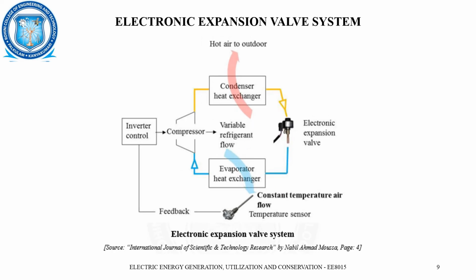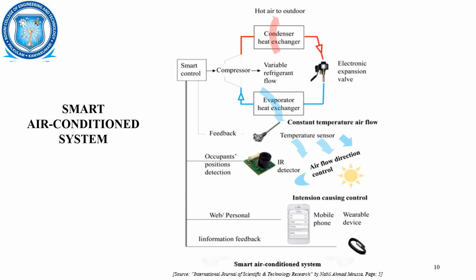We are now replacing that with an electronic expansion valve. It will also be of small size, but since it is electronic, the on or off process is initiated very quickly. So the process is getting improved. And next, while going with a smart air conditioning system,